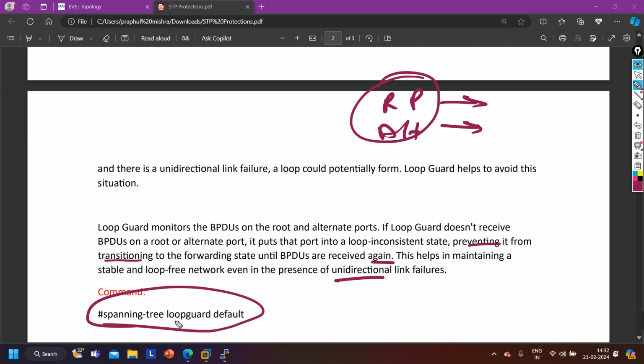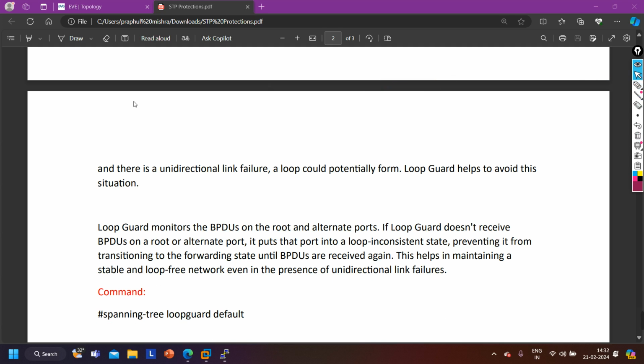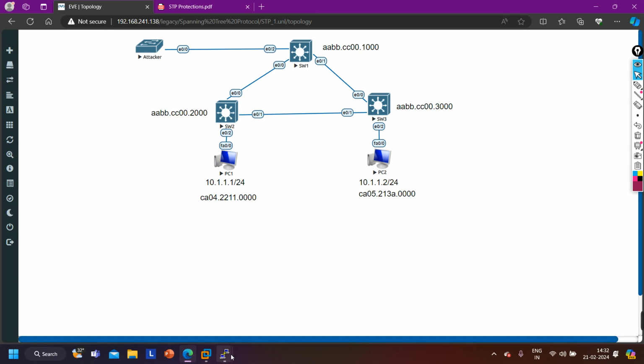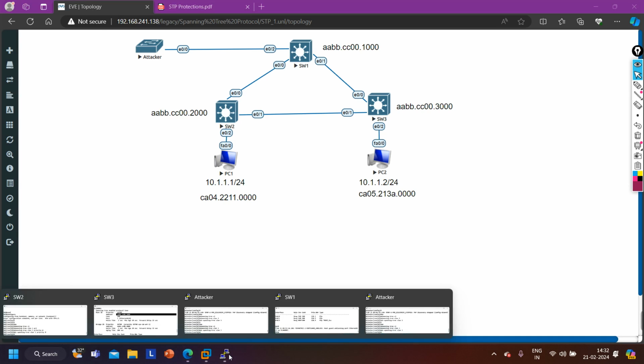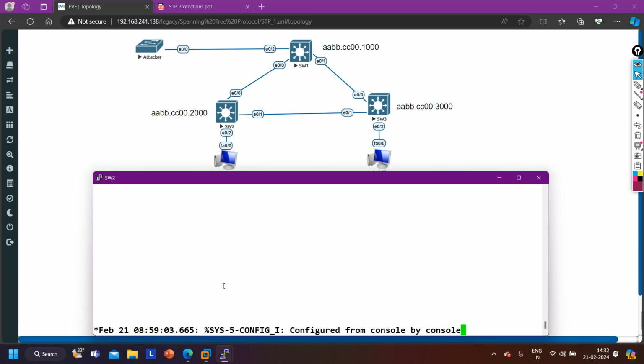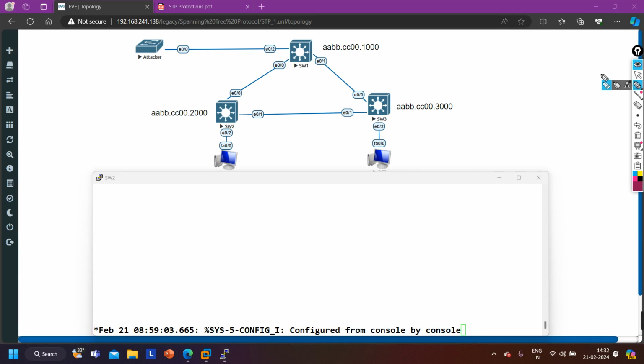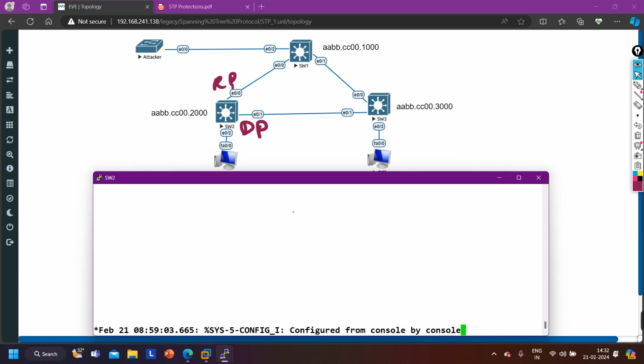And the command is this one. So on all DP ports and RP ports we should enable it. So guys, in my topology, on switch number 1 I don't need to enable this feature. On switch number 2, should I enable it? Yes, because on switch number 2 we have one RP port, right? This is RP and this is again DP. So on DP we are not going to enable it. On this port you can enable root guard feature, right? But on RP you have to enable loop guard feature. So on the RP port,